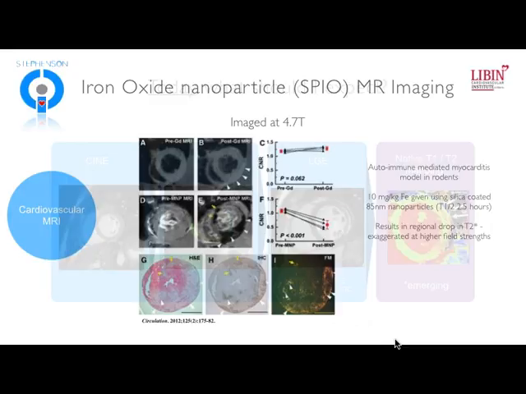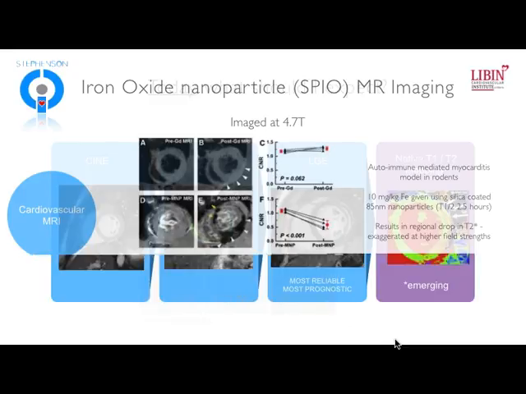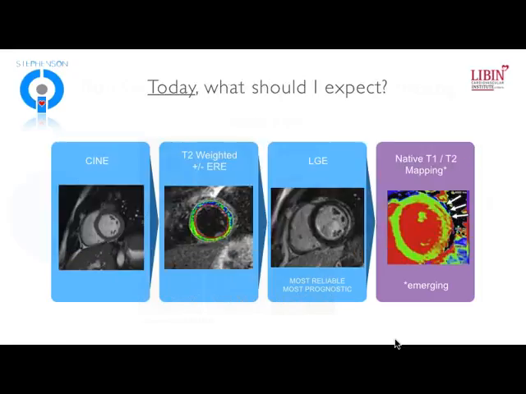Now, there are actually clinically available agents that we can use to do this, which have been used for iron replacement therapy in the setting of renal failure. And so these are FDA approved for that indication in patients with renal failure. And so the potential exists to now take this work into human study in the setting of acute myocarditis. So, but what should we expect today from cardiac MRI?